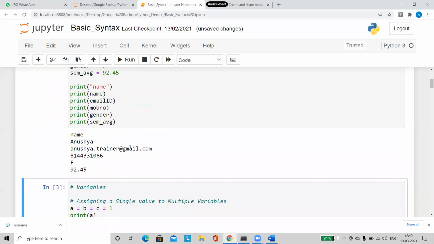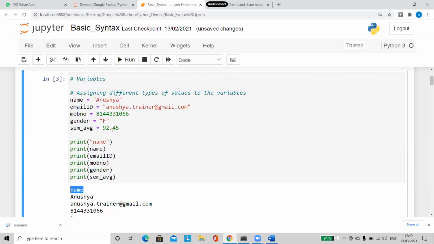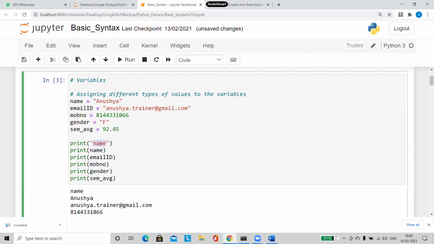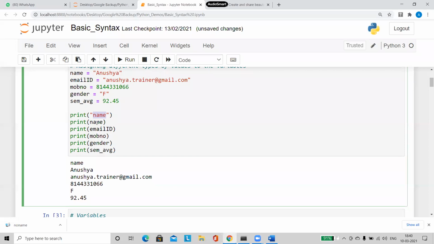You see, I'm running this program. What is the first print statement giving me? It is giving me name, that's all, because I have put it inside double quotes. Whatever is in the double quotes is displayed as it is. It is not considered a variable name, just a string value. If you want to print the value stored inside the variable, you have to directly use the variable name, no single quotes or double quotes.